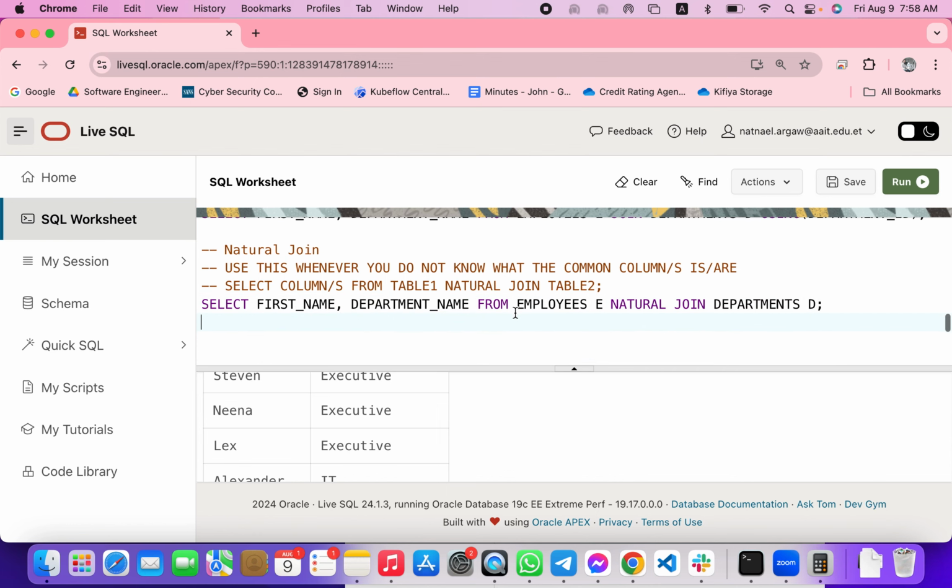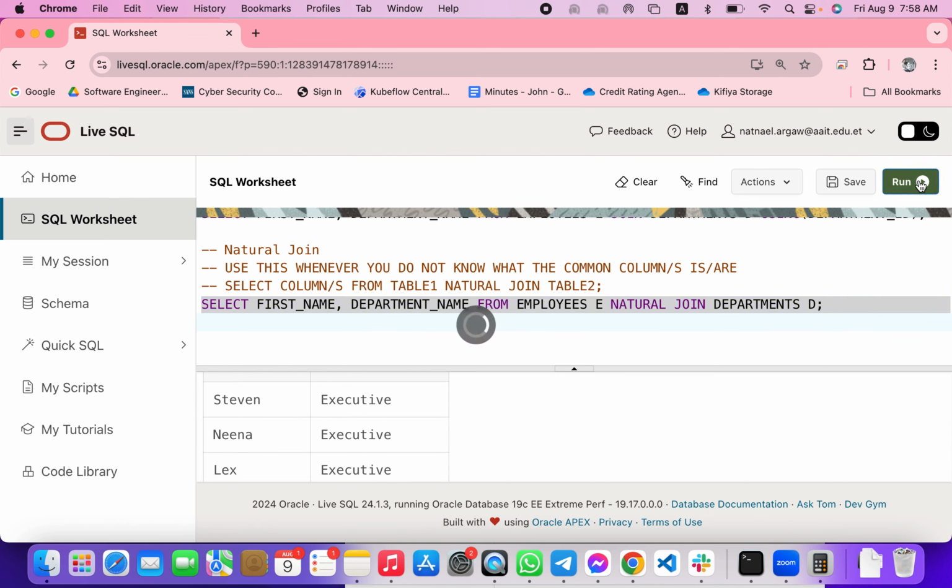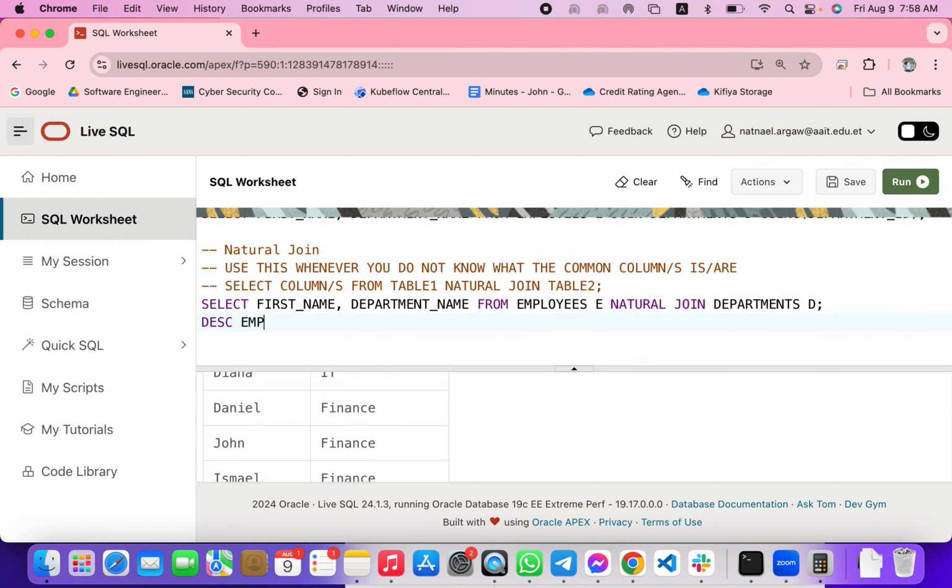Okay, so here, let me run this one and you'll see the result will be a bit different from what we get with the previous queries. Let me run it first. Look, the first one was Steve, now we have Nina. Steve is not there, right? And there is a reason for that, because if you see the tables, employees, for instance,